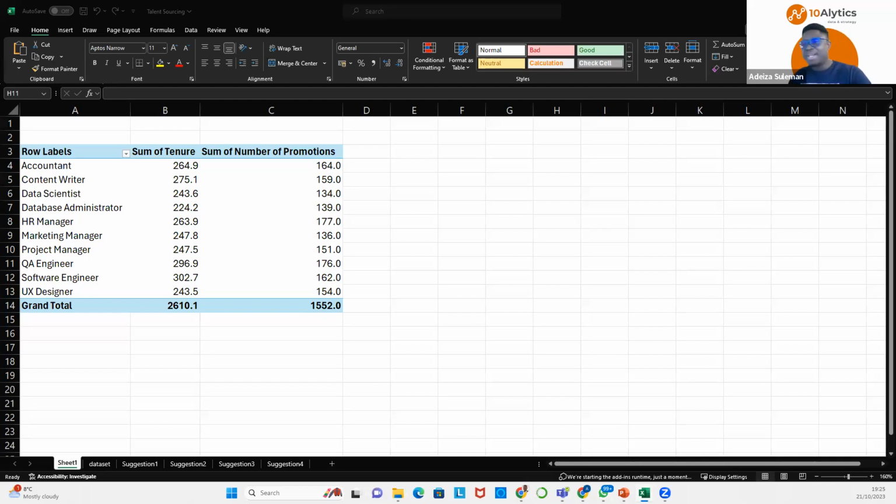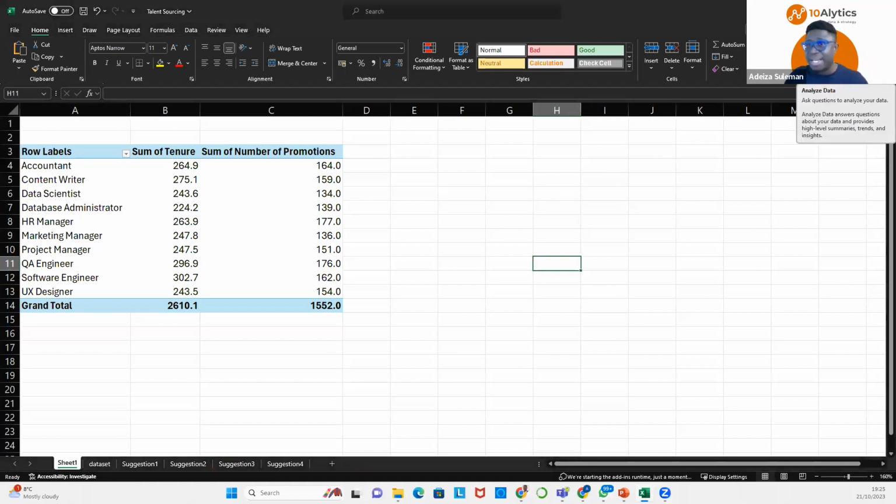All right. So again, it's usually a version issue. The version of Excel determines the type of features you have, whether you have Excel 2019, 2016, Office 365, and so on. If you're on Office 365, you get the analyzed data by default without looking for it. It's going to be there by default. But it's not only Office 365 that has the analyzed data.